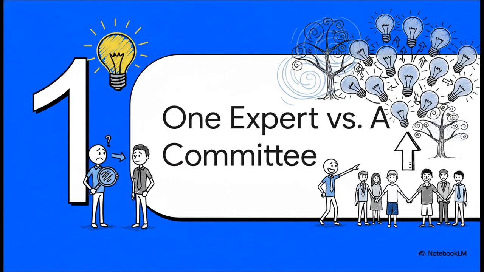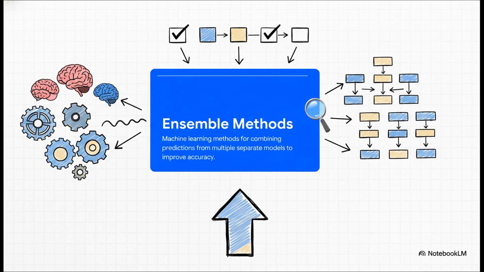And that really gets to the heart of what we're talking about today, this whole idea of one single expert versus an entire committee. Now, this committee idea isn't just a cute analogy. It's a real, powerful technique in machine learning called ensemble methods. And it's pretty much what it sounds like. You get a bunch of models together, an ensemble, and you combine all their predictions. The goal? To get a much more solid, reliable answer than any single one of them could ever give you